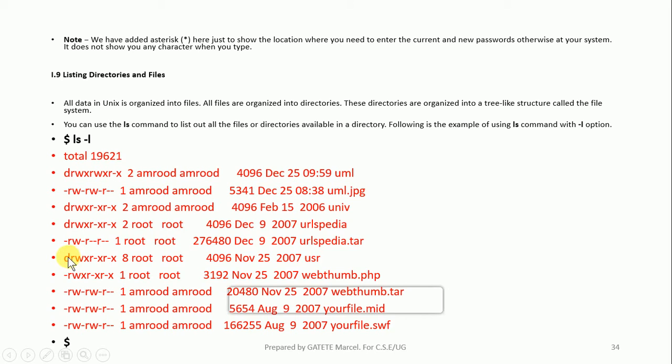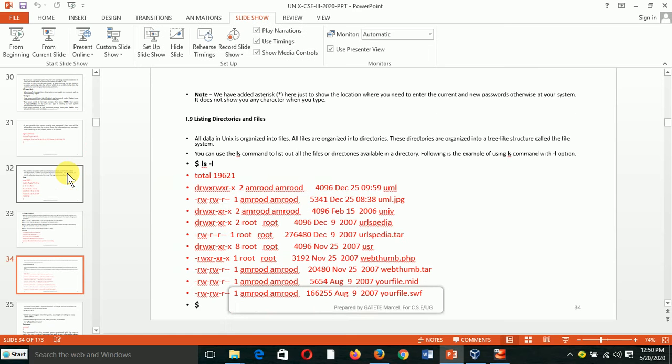Four directories. The first one is usr, the second is url spedia, the third one is unif, and this one is the fourth one, umld. Okay,